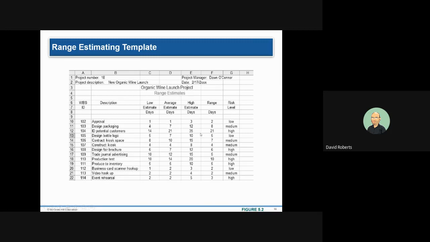This is something we're not going to take in this course because it's not really used in industry, something called PERT, which is Program Evaluation and Review Technique. But really what it does is, rather than saying the approval is going to take 1 day, it could take as little as 1 day, or it could take as many as 3.